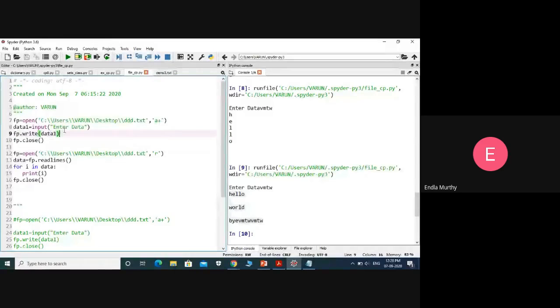In some cases, if you want to read some data from one file and write that data into another file, we may use writelines. The file may have multiple lines, we read all those lines and write all of them into the other file. In those cases we may use writelines, right?